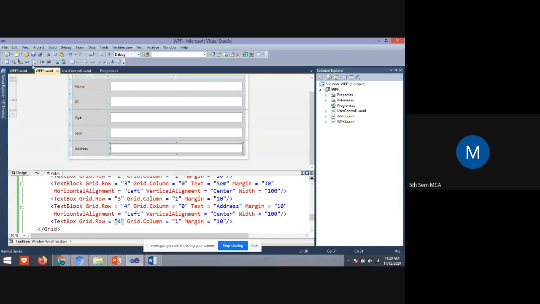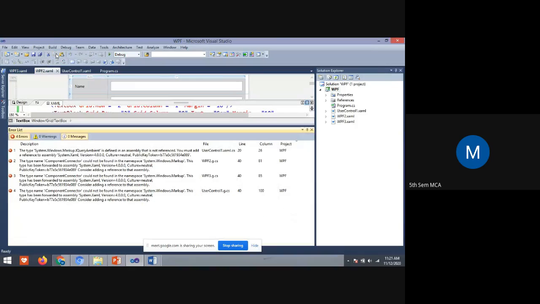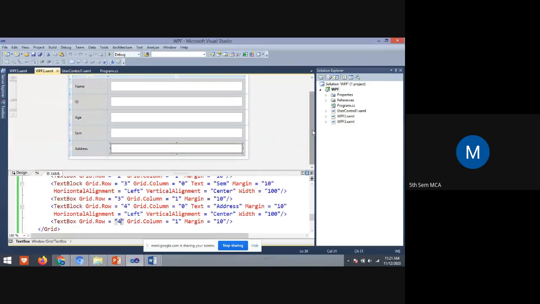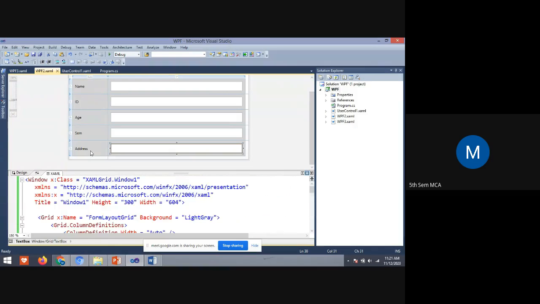Yes, students, you understood how I have done the design of this Windows Presentation Foundation or XAML page. Understood how to include rows and columns.